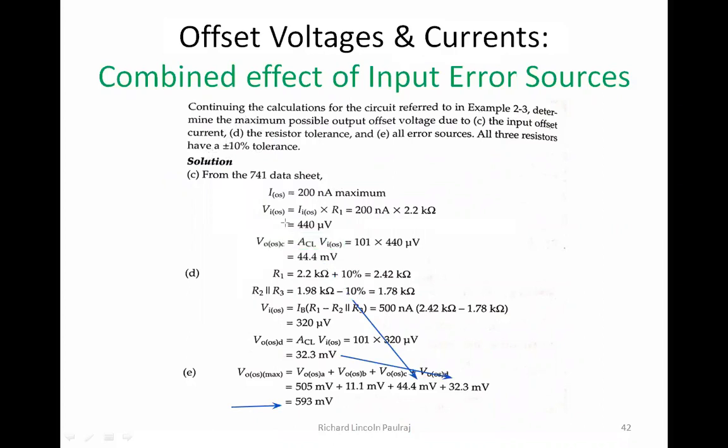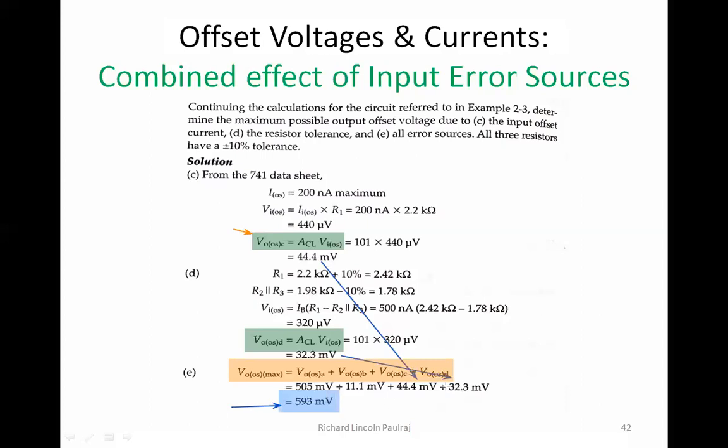So we get plus 10 and minus 10, and ultimately my V is I into R. Once I get input, again the same formula is repeated here. I get the output, and the maximum is nothing but the addition of all that we had done previously, and finally we get the value, which is about